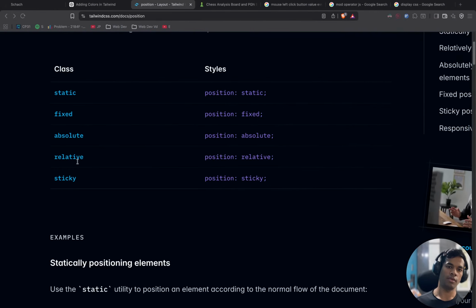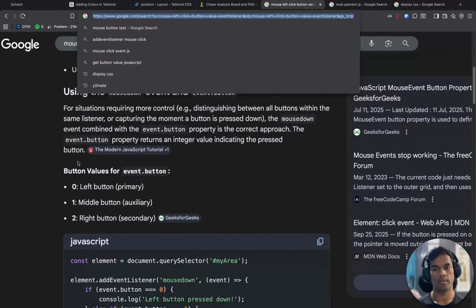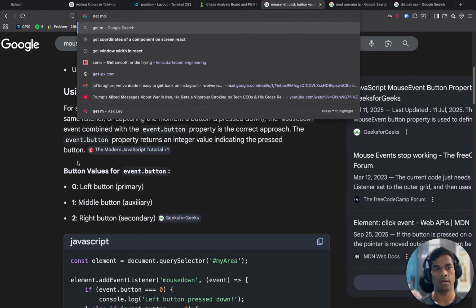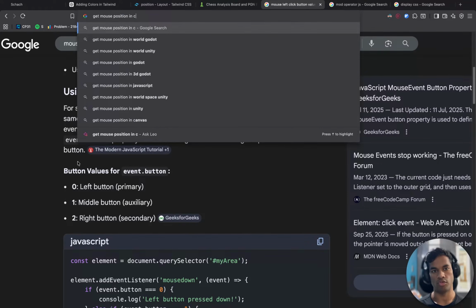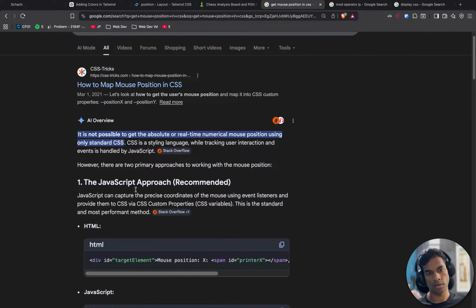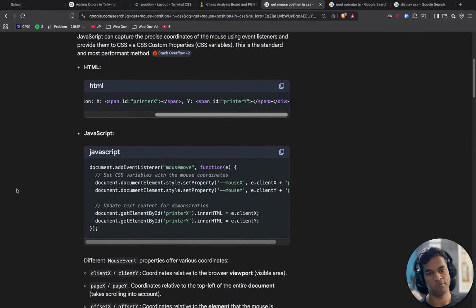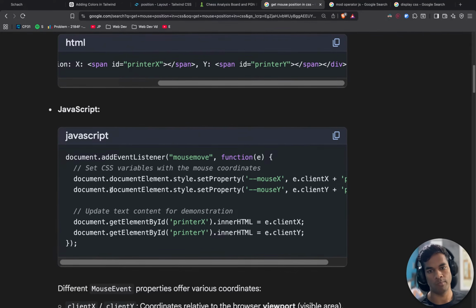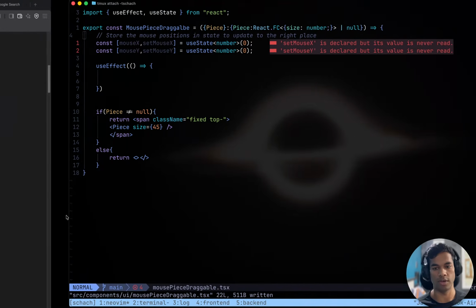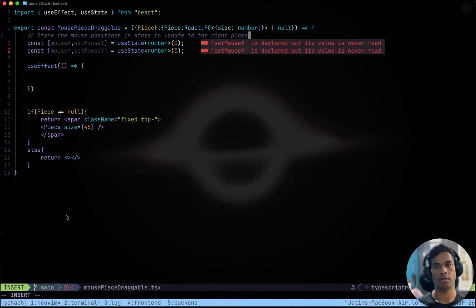Wait, I think we can do this without any JavaScript? Get mouse position in CSS. It is not possible. Oh shit, we cannot do this. We have to use JavaScript here. Update to the right place.